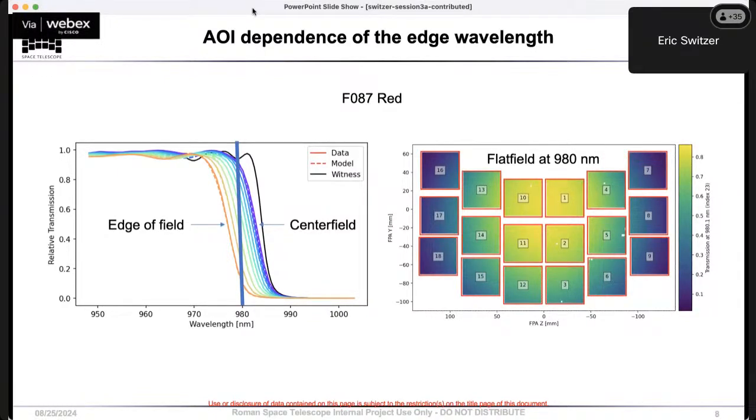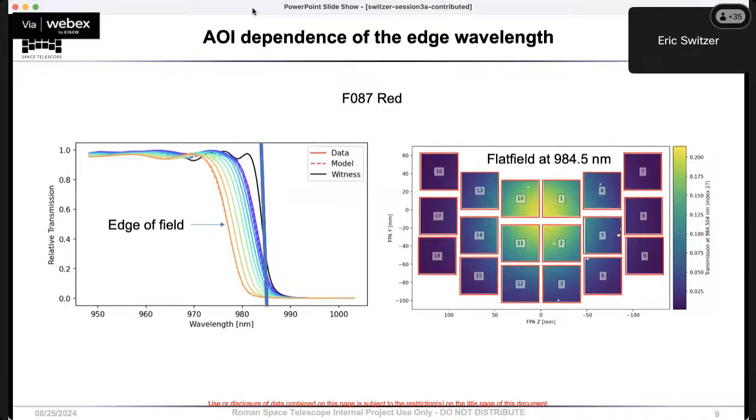The principle of the measurement is that with monochromatic light passing through in a flat field of illumination, the center of the field for this filter will be in transmission. So you can see at 980 nanometers, the center field is still well within its transmission range, and then the edge of the field is in blocking. These are the TVAC data on the right: going from the center to the edge, you go from transmission to blocking. As you move further redward out the filter edge, the center of the field drops to 20% transmission, and then the rest of the field drops into a harder blocking region.